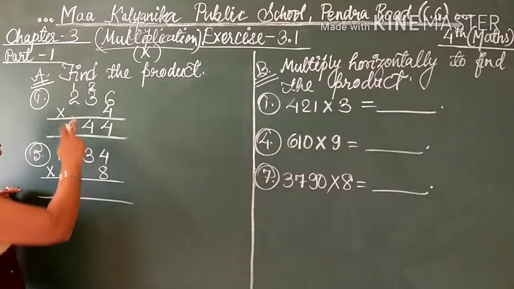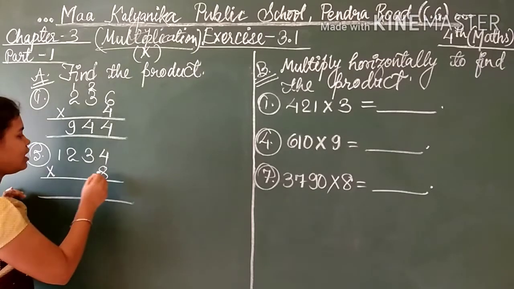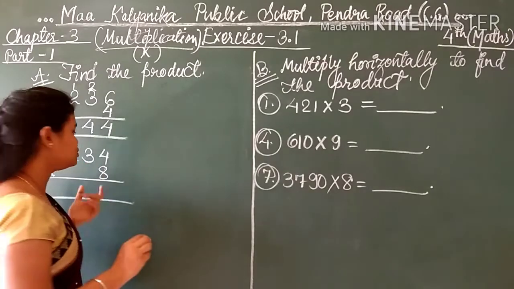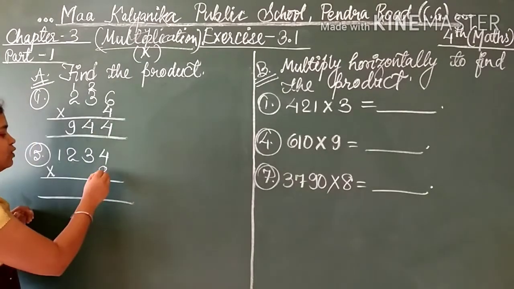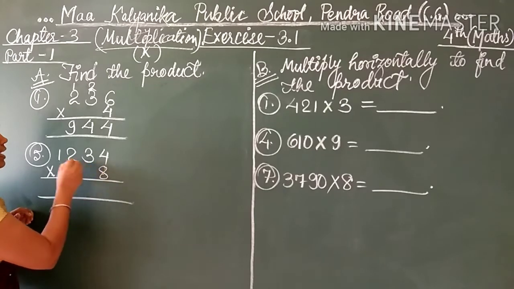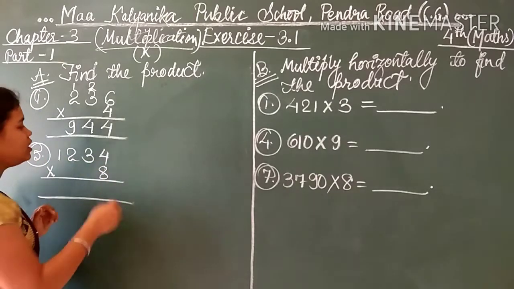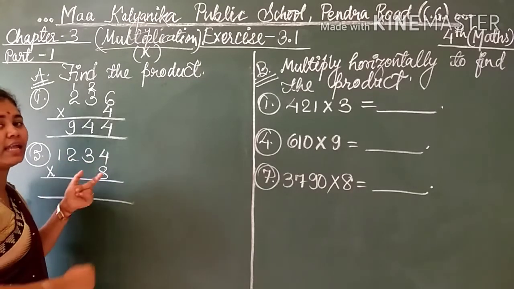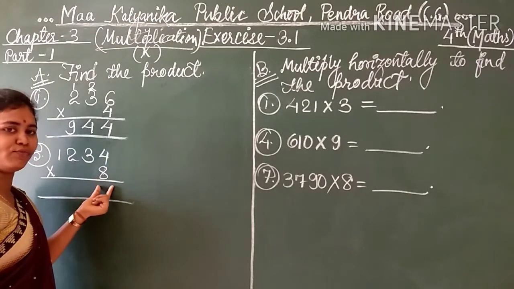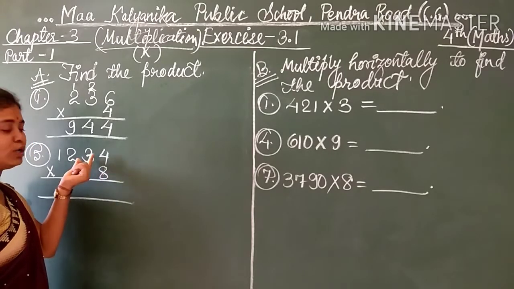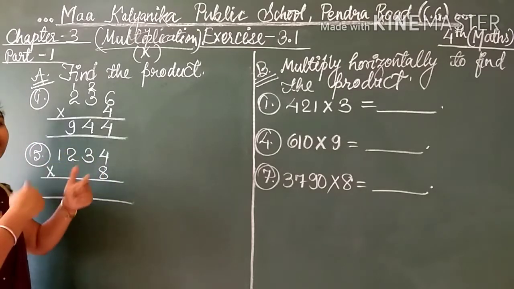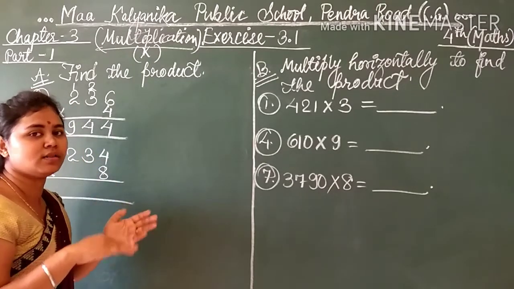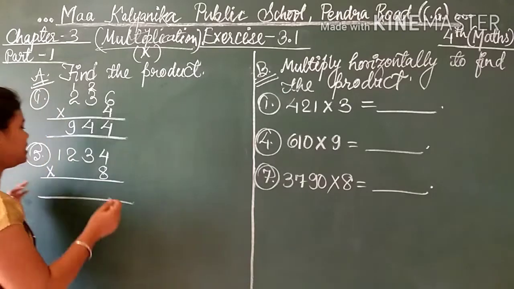Two questions I will solve for you from question number A. Now 1234 multiplied by 8. So students, how to multiply? See here, 8 4s are, then 8 3s are, 8 2s are, 8 1s are. Or 4 8s are, 3 8s are, 2 8s are, 1 8s are. You can read the table of 8 or the table of 4, the table of 3 or the table of 8. You can interchange, because 2 3s are 6 and if you say 3 2s are, it is also 6. So don't be confused.